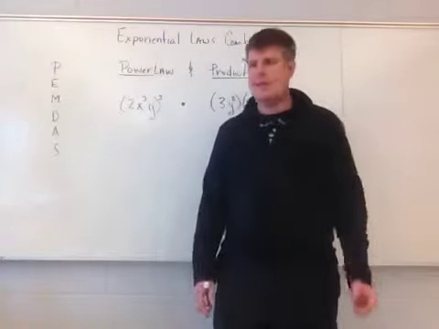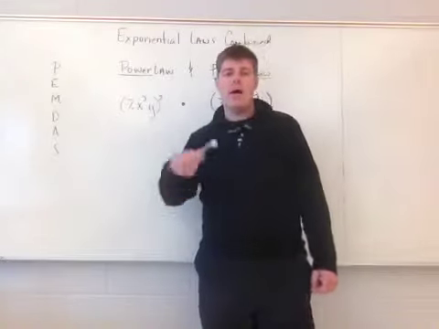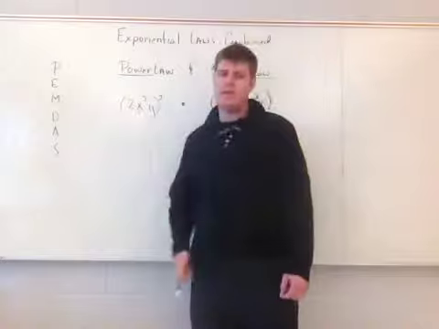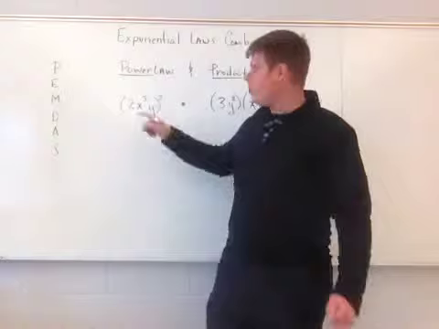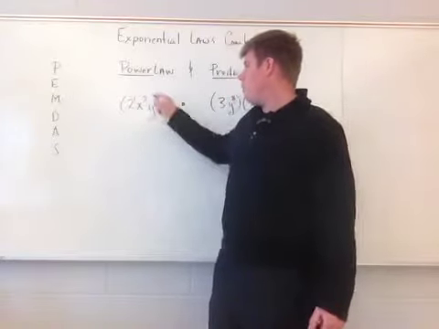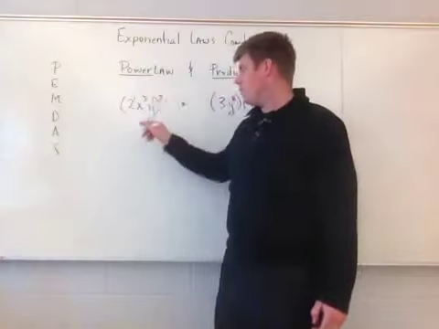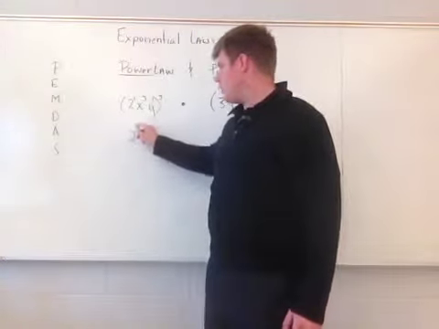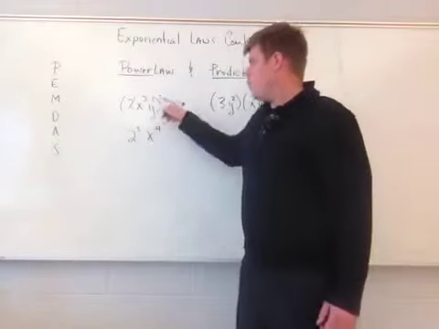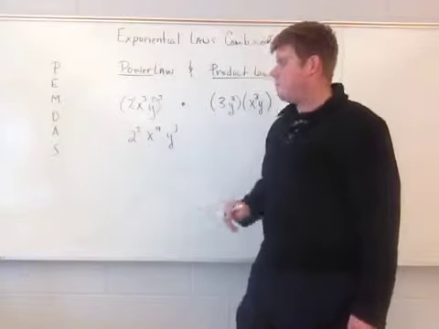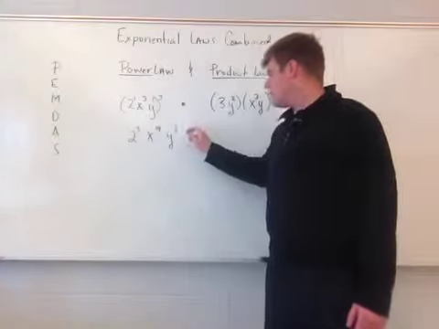The 2 has an exponent. Remember that this coefficient is not connected with that x exponentially. They're connected through multiplication, but exponentially they're not connected. So the 3 is going to multiply this 2, which has an exponent of 1, and the y has an exponent of 1 as well. I'm going to rewrite this. 1 as a multiple of 3 is 3, so this is 2 to the third power. 3 as a multiple of 3 is 9, so that's x to the 9. And 1 as a multiple of 3 is 3. So this rewritten is 2 cubed x to the 9 y cubed times